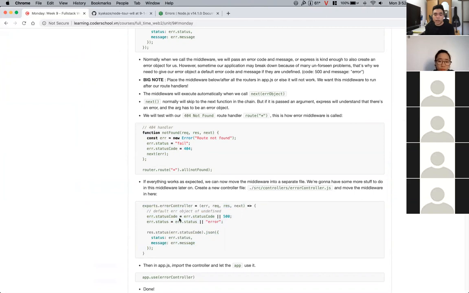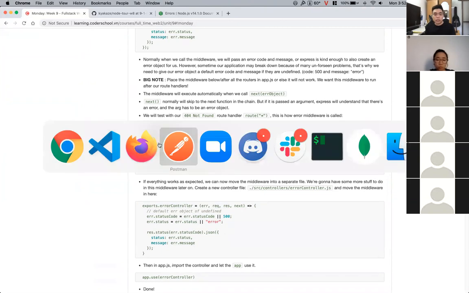So basically, I have another condition here: if we have a static code, we will use the static code. If we don't use it, we're gonna use 500. So basically, it's the same here. If you take a look at this code,